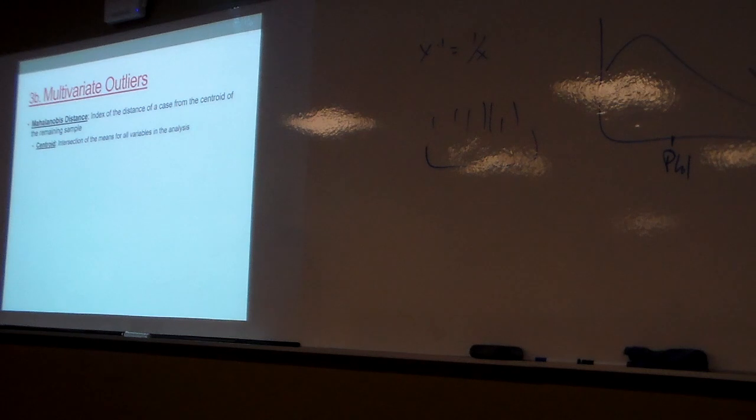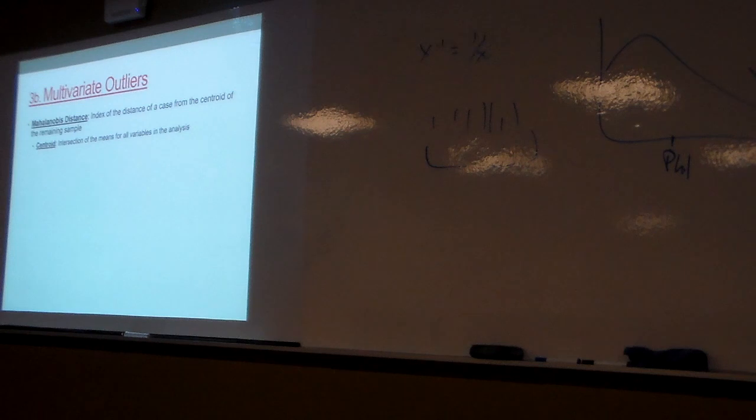So now if we're thinking about multivariate space, the centroid is like the mean of the intersection of all means for all your variables in your analyses. Okay, so let's say again, three-dimensional world here. Throw the thumb and forefinger to create your axes, right? So if we've got height and weight, on here we can choose a point that's height and weight. If I take the mean of height and the mean of weight, it's a point right here, right?